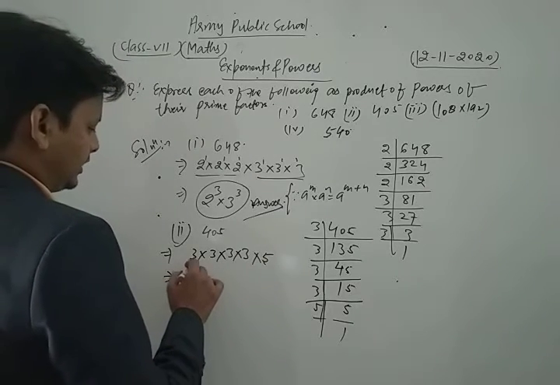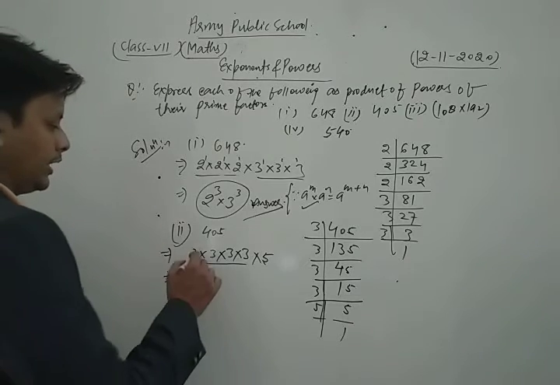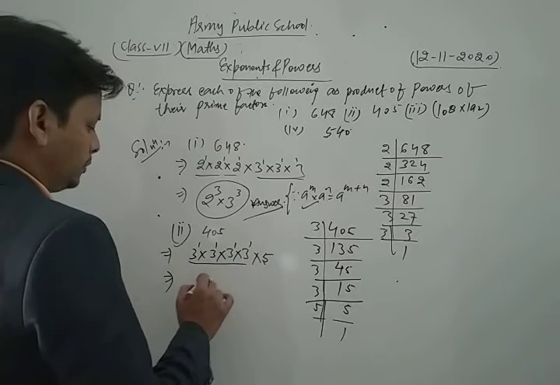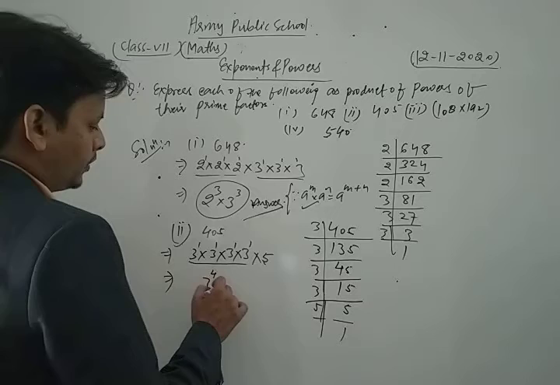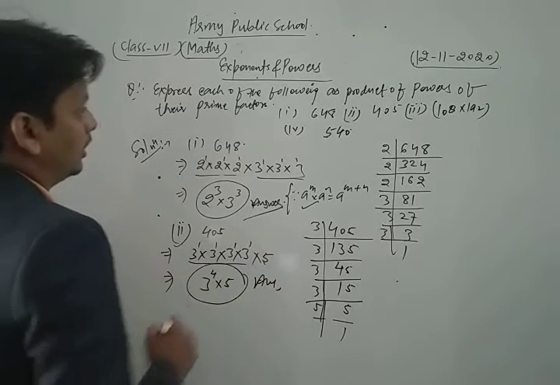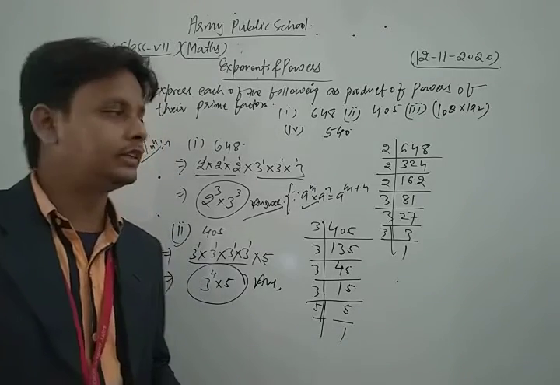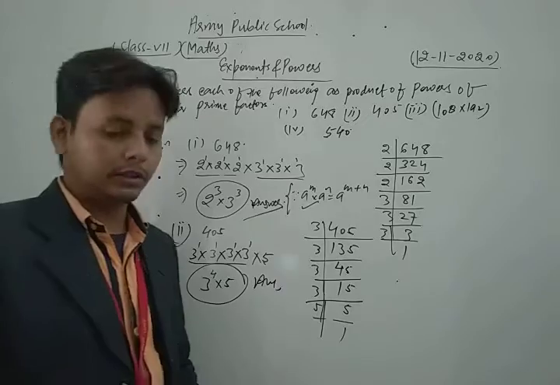Now what do I get, let's see. Here we again apply the laws of exponents, so we get 3 to the power 1 plus 1 plus 1 plus 1, which is 3 to the power 4, into 5 to the power 1, or we simply write 5. So this is the required solution of the given question. Okay, similarly, dear friends, we take and solve the third part of this question.